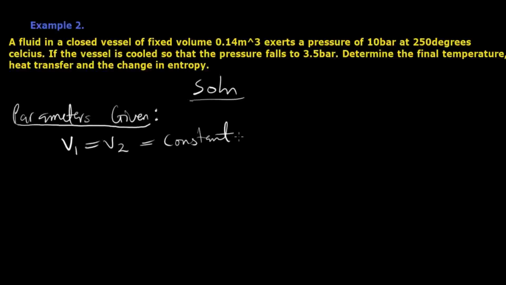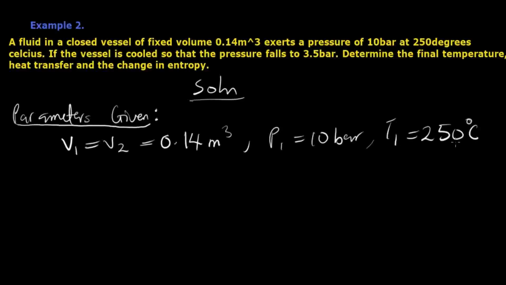So V is 0.14 meter cube. The pressure P1 is 10 bar, T1 is 250 degrees C. Now P2 is equal to 3.5 bar, and then we are asked to find T2,